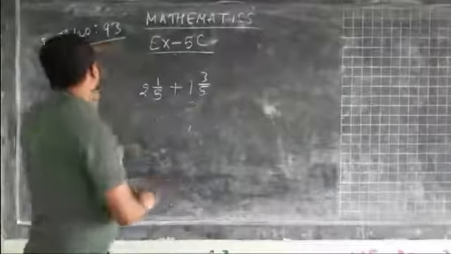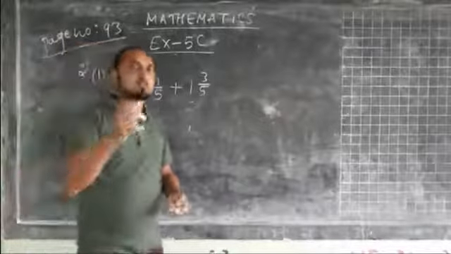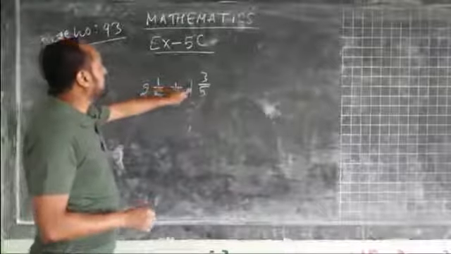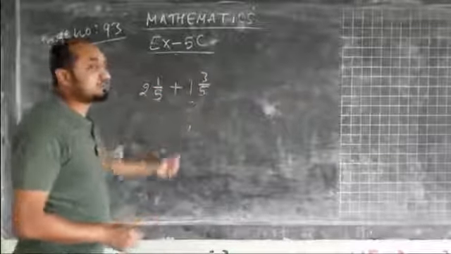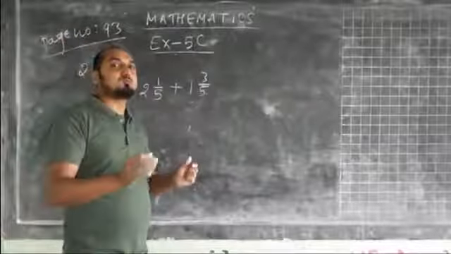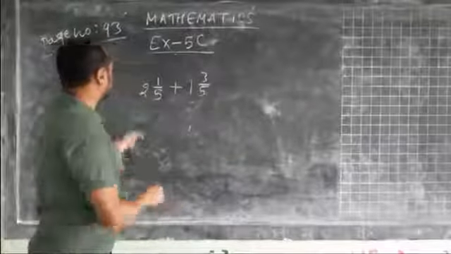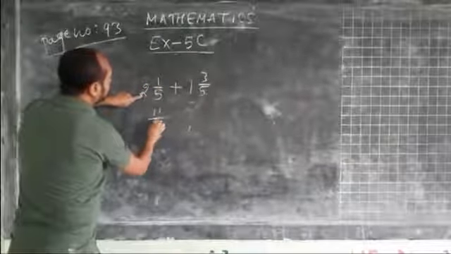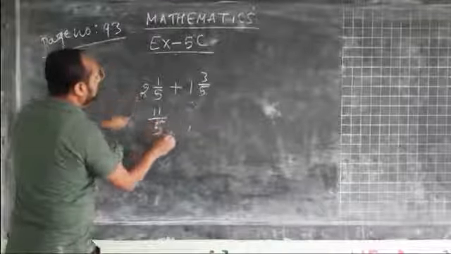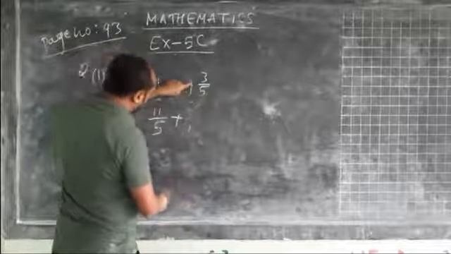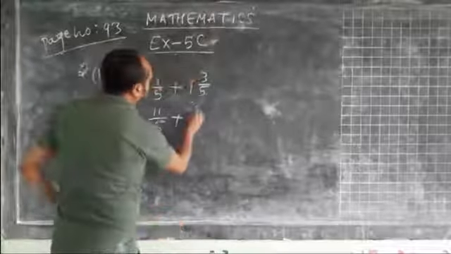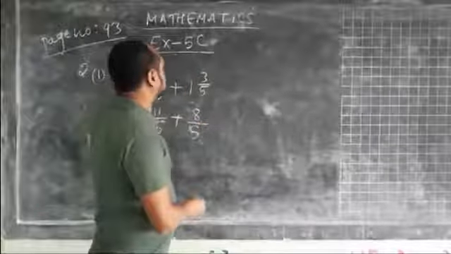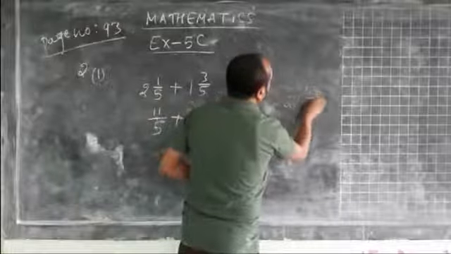Okay, next from question number 2, I will solve 2 questions and the remaining you will try by yourself. So the question given is 2 1 by 5 plus 1 3 by 5. It is given in mixed fractions. If it is given in a mixed fraction, we have to make it a simple fraction. So 5 2s are 10 plus 1, 11. So 11 by 5, 11 by 5 plus here 5 1s are 5 plus 3. So we will get 8 by 5. Now you might be getting confused about how this is being done. So here, suppose it is given 2 1 by 5.